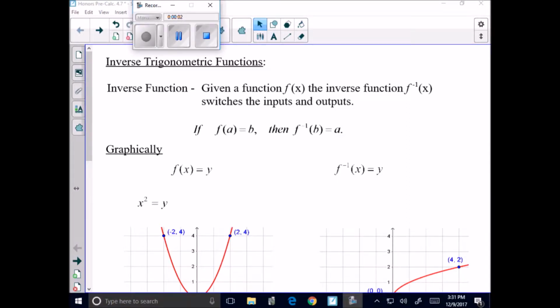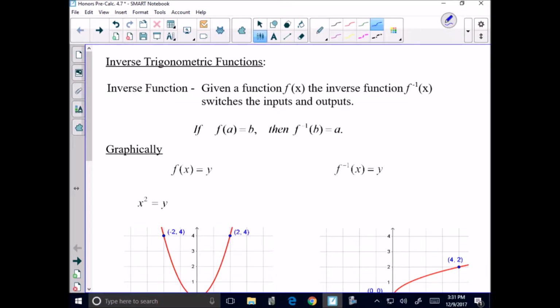Alright guys, so in this video we are going to talk about inverse trig functions, and we're going to start by just refreshing our memory with regards to inverse functions. So in general we say that given a function f of x, the inverse function is written as f to the negative 1 of x, and it switches the inputs and outputs, right? So if we've got a function that takes an input of a and gives us an output of b, the inverse is going to undo what the function did, and it's going to take b and give us back a,